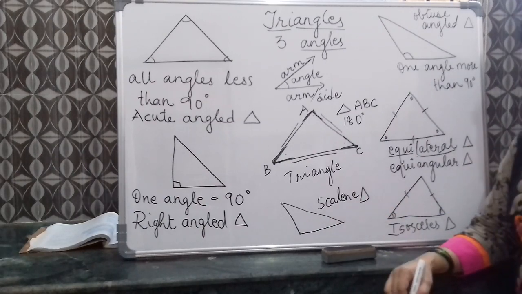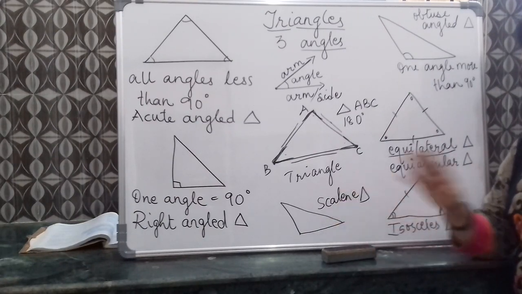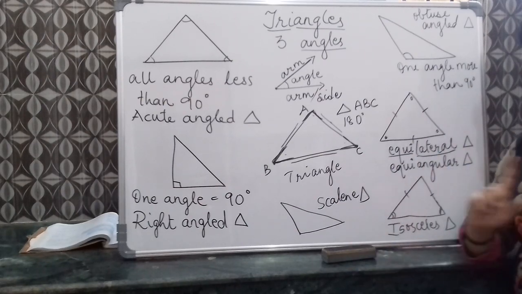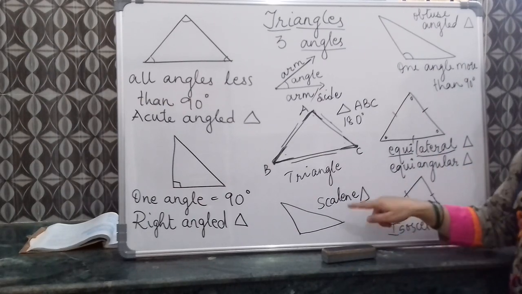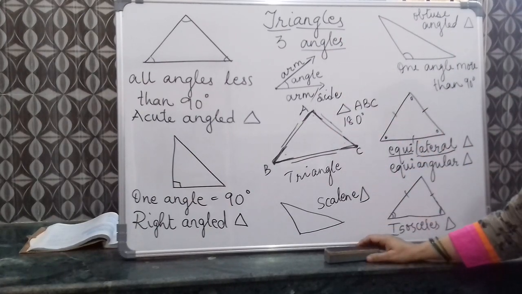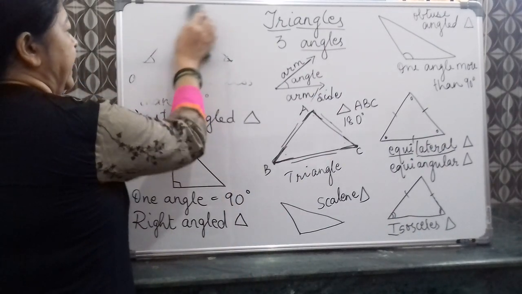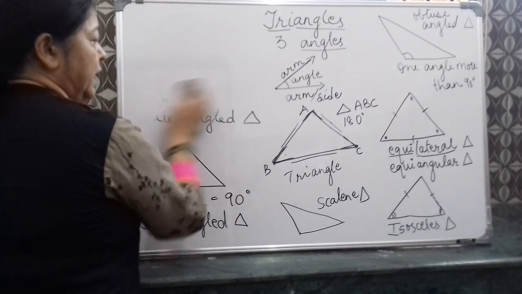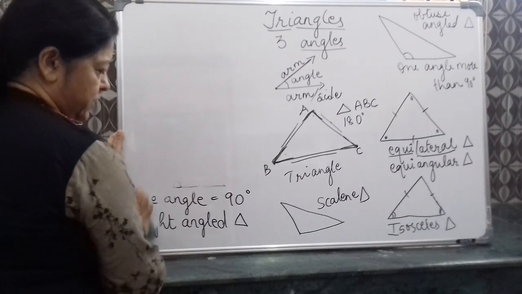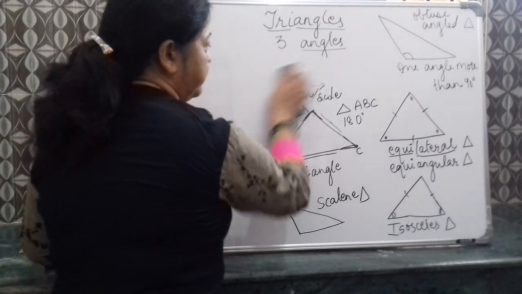And the last type of triangle is a scalene triangle, which has no sides equal and therefore no angles also equal. So these are the 6 types of triangles which we have under the heading triangle. Now there are some more properties of a triangle, and they are, in a triangle you are having